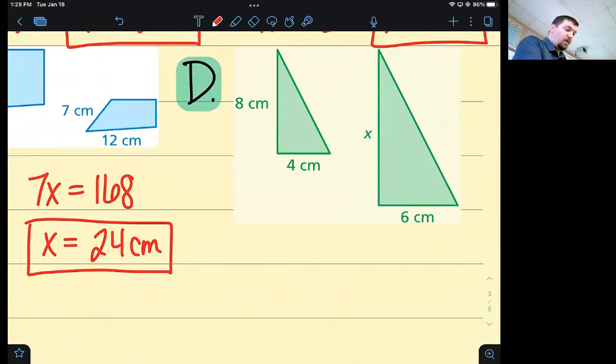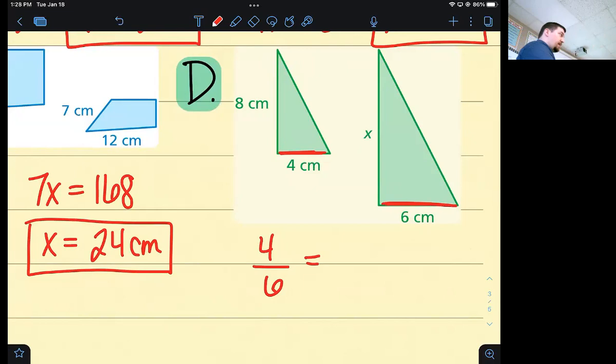You gonna start with 8, 4, X, or 6? Start with 4. Okay. So one way you could set it up is you could say the bottom side of the small triangle corresponds to the bottom side of the larger triangle. What's the bottom side of the larger triangle? 6. 6. So you could say 4 is to 6 as